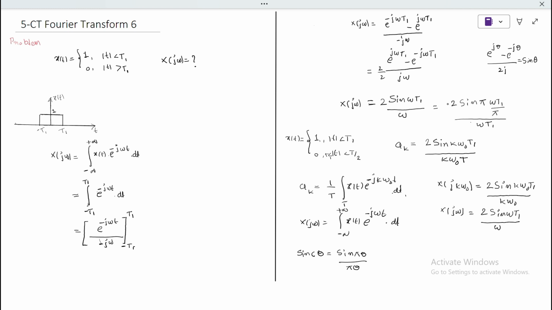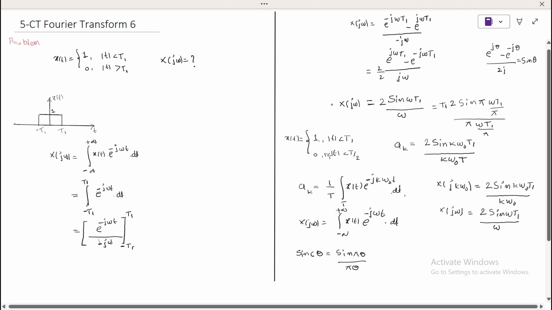Here t1 is missing, and pi by pi. So this is omega t1 by pi, which is theta. Here I'm writing, so 2t1